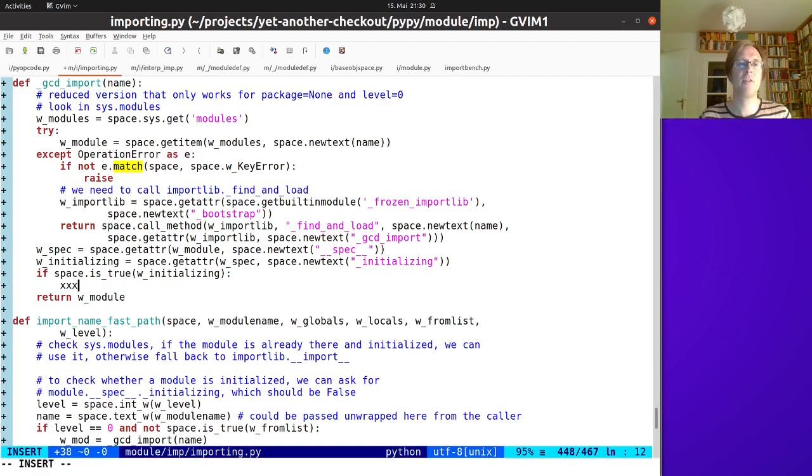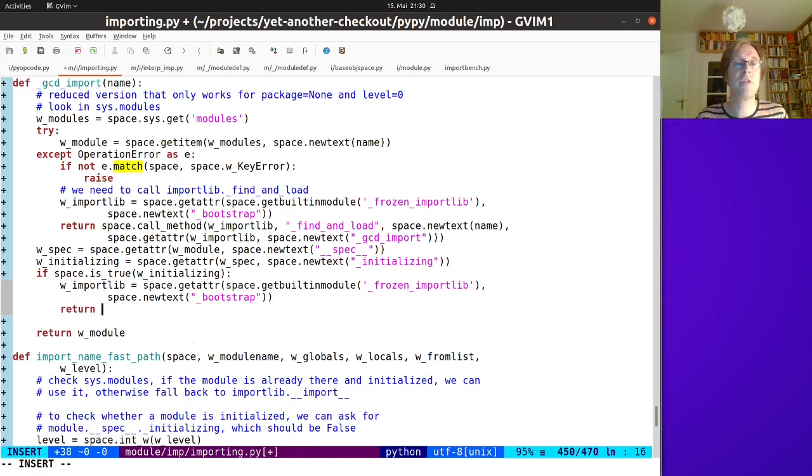Right. Let's try that. So if we are initializing, then we really need to lock and unlock the module. What it means is either we have a circular import going on, or some other thread is currently importing this module that we're also trying to import. And then we should wait until the other thread is finished, and that's why we lock and unlock the module here. And so we should say this stuff,